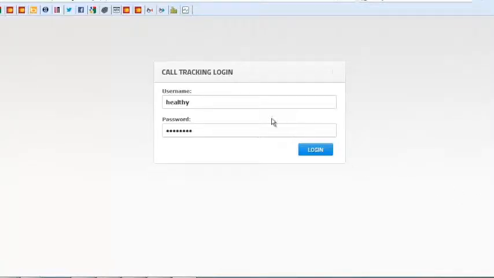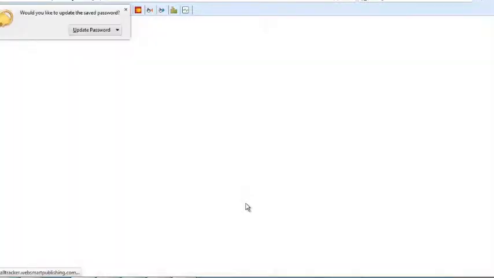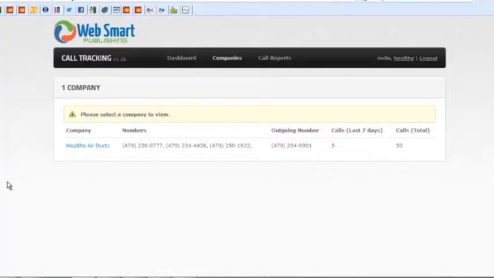At this point, you should already have your call tracking login information. So go ahead and put in your username and password and hit login. And when you do that, you'll land on this screen right here, which is the dashboard, where you can see